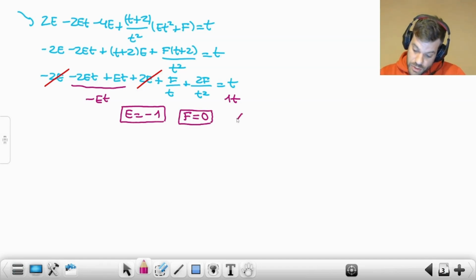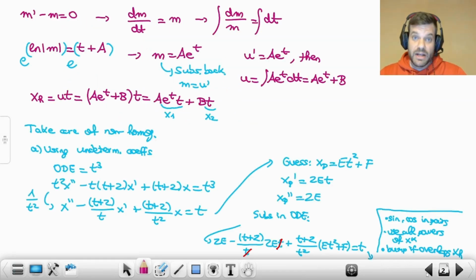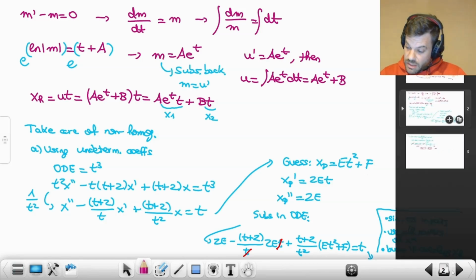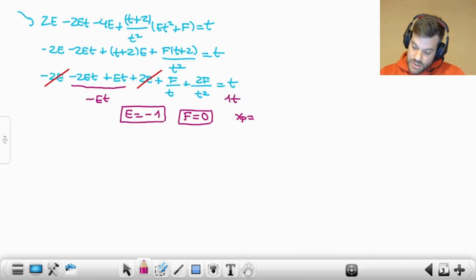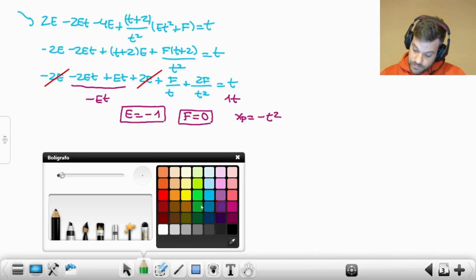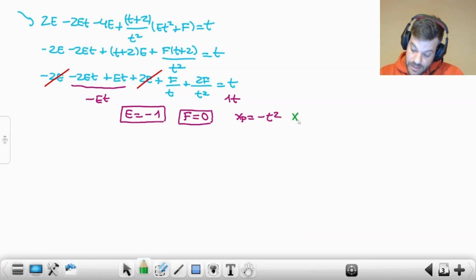So our particular solution, which was, allow me to go back a little bit, et squared plus f, is just f equals 0, e equals negative 1. So our particular solution is just minus t squared. And therefore, we claim that this general solution, including both homogeneous and non-homogeneous part, x of t is the homogeneous solution